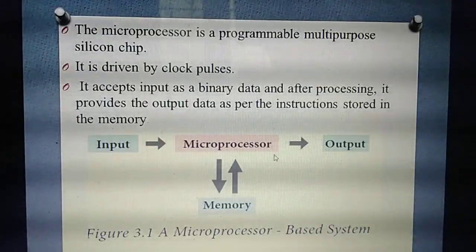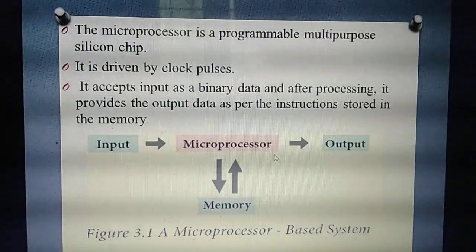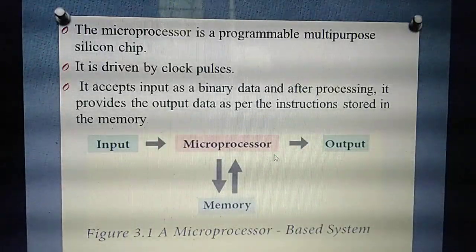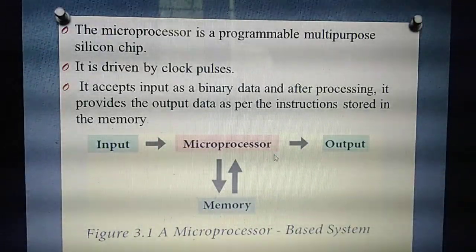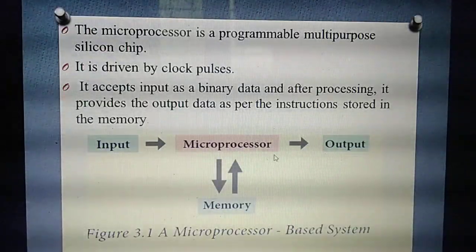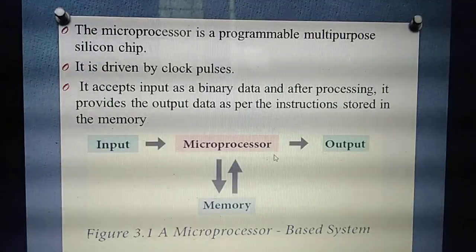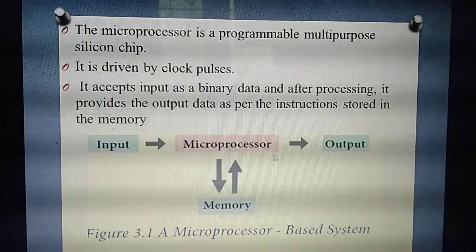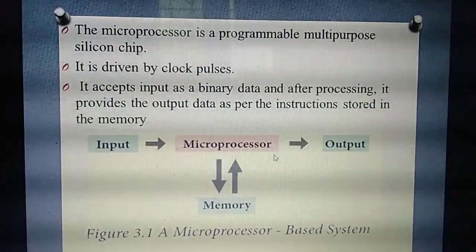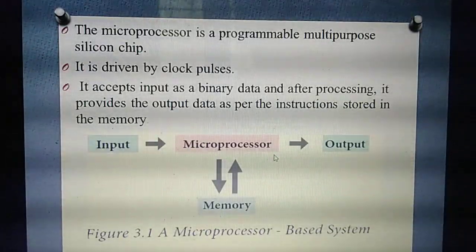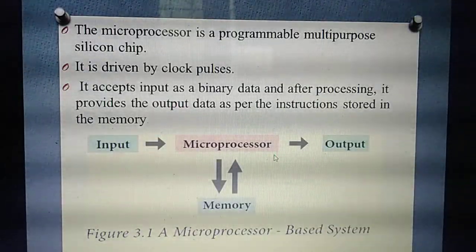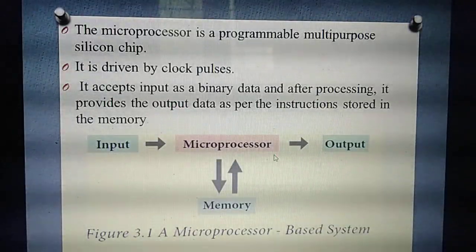Okay, have you all seen that Endgame? In Endgame, inside the robot, a particular person will insert one small chip. Have you noted that? Have you seen this diagram in that movie? In that movie, a person will insert one red color chip. In that chip, that person has programmed how the robot needs to work. That is a programmable chip. Similar to that, a microprocessor is also a programmable silicon chip.